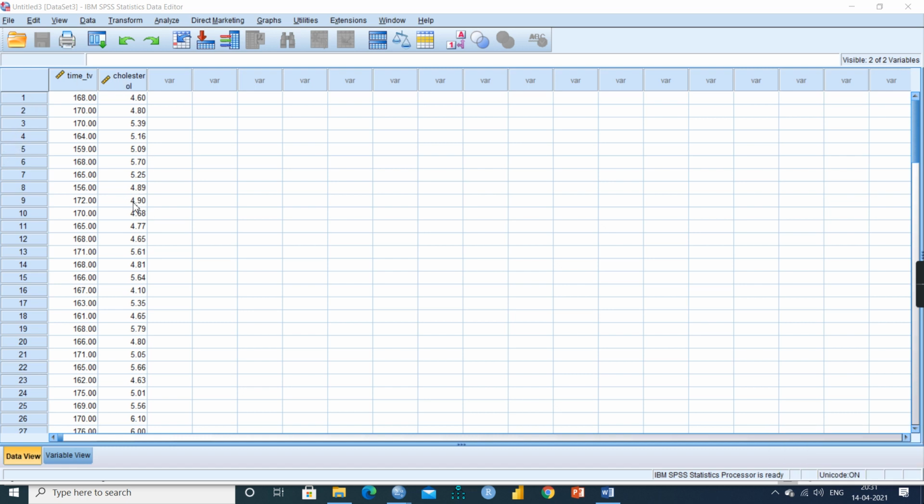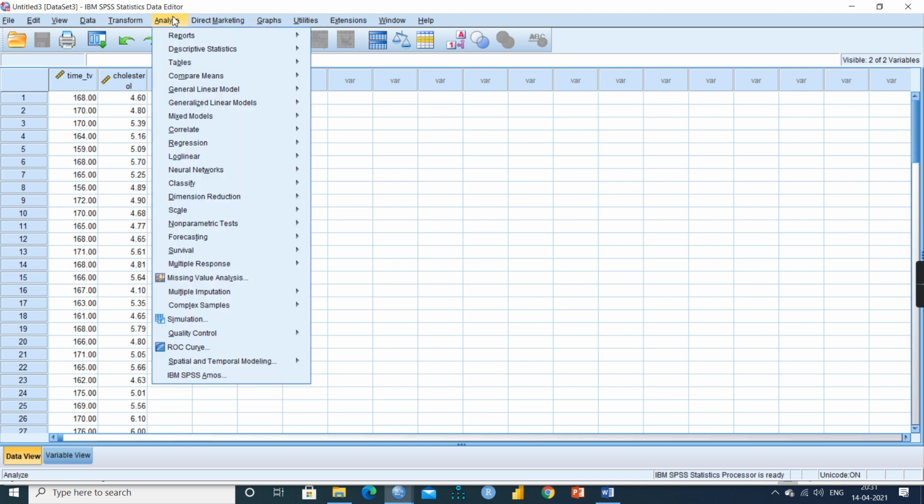The third one is a monotonic relationship. In Spearman's correlation, we can find the monotonic relationship. So here we can find, for the time taken watching TV and cholesterol, whether if one increases the other increases or decreases. We can find the effect of one on the other, in case of increase or decrease, which is called a monotonic relationship.